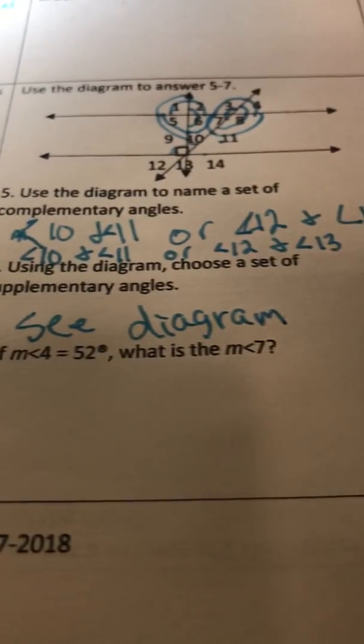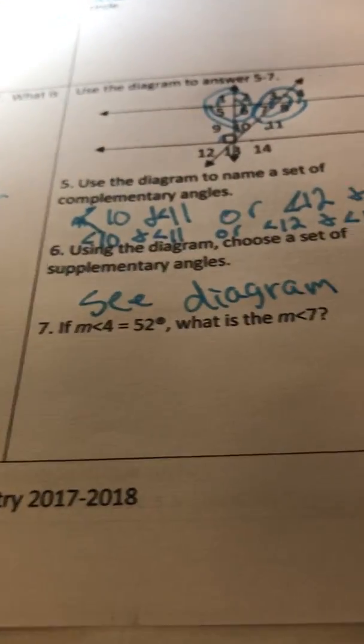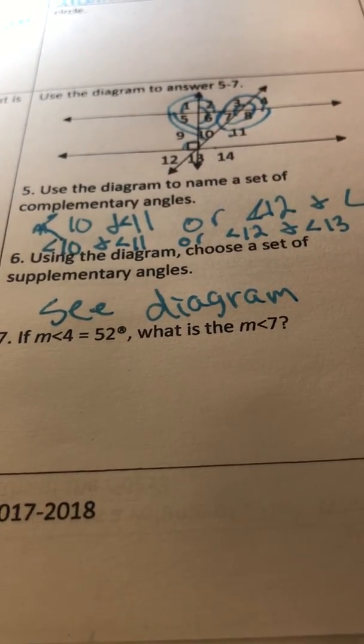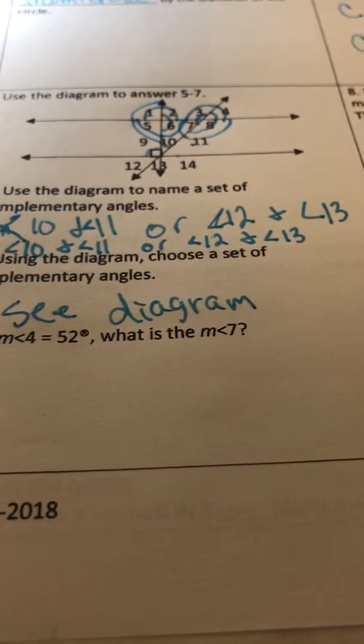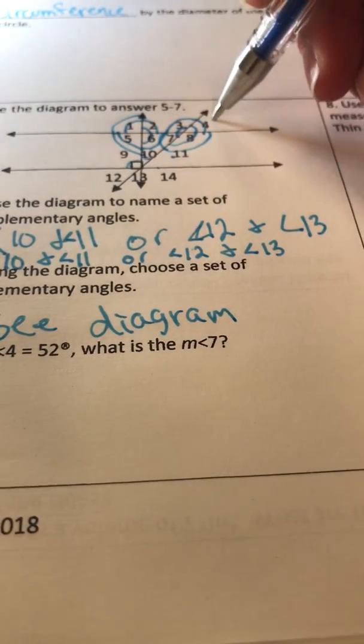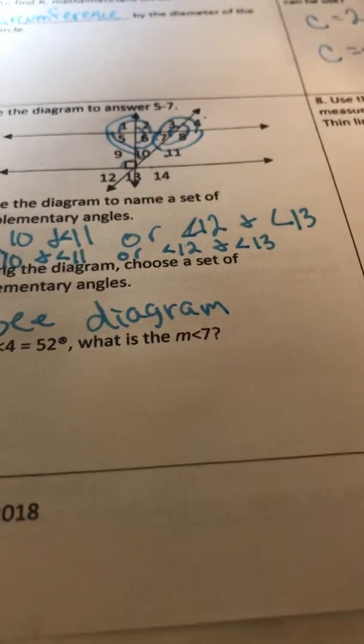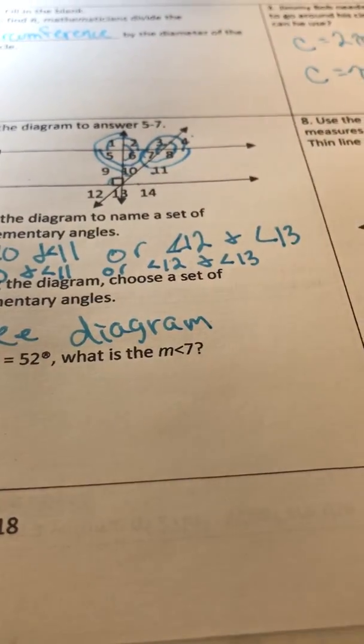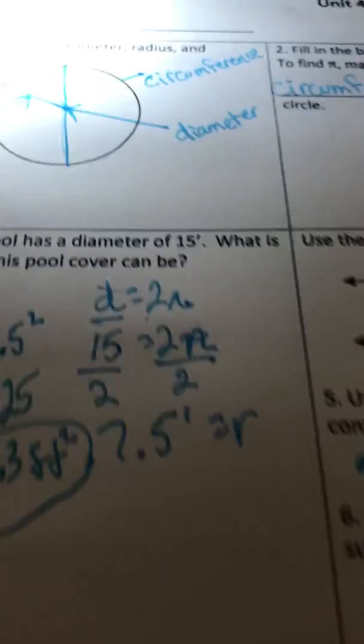Number 7. If the measure of angle 4 is 52 degrees, what is the measure of angle 7? So, we have angle 4 and angle 7. What is the relationship of angle 4 to angle 7? They're vertical. Okay, they're vertical angles. So, I'm going to put as my answer 52 degrees because